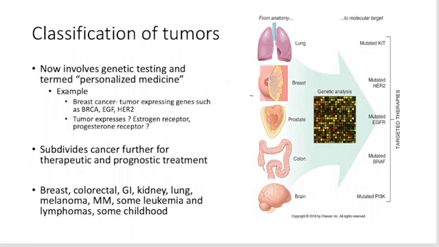have we spread? Other things that they'll look for when they're doing cytology and cancer surgery, they're going to be looking for receptors, tumor expressing genes such as BRCA, epidermal growth factor, HER2. It further subdivides the cancer, and then it also drives that prognostic treatment. So we really can hone in on how to treat the cancer.